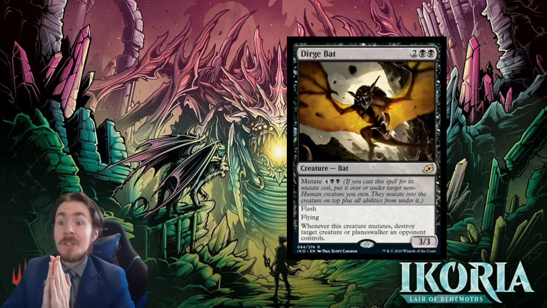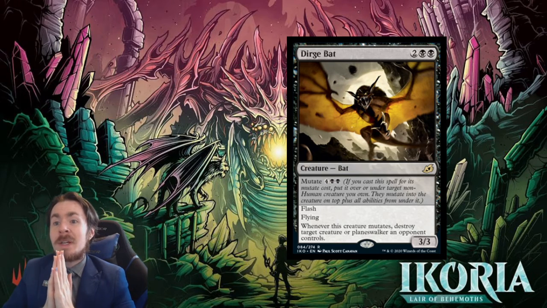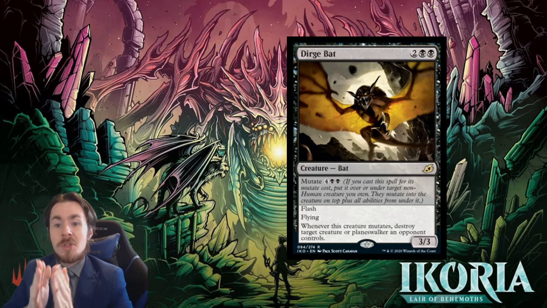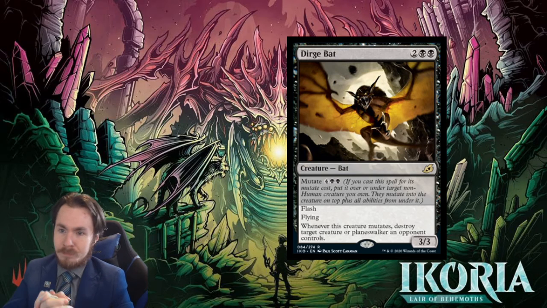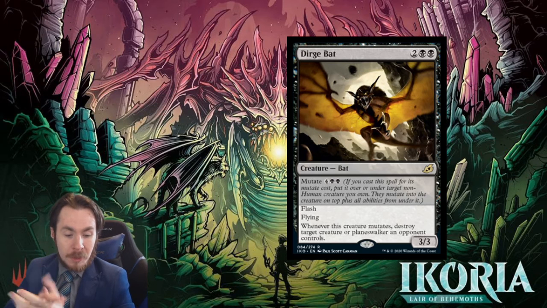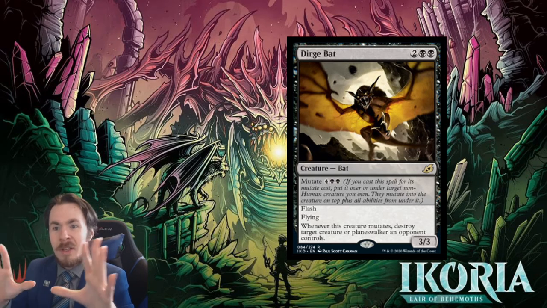So you see Dirgebat is a bat. It is a 3/3 bat with a mana cost of 2 and 2 black. Converted mana cost of 4. It has flash, it has flying, and it has an ability that whenever this creature mutates, destroy target creature or planeswalker an opponent controls. The way mutate works is you can play a creature regularly and just ignore it entirely, that's fine,